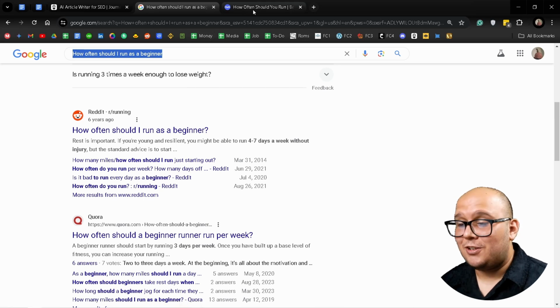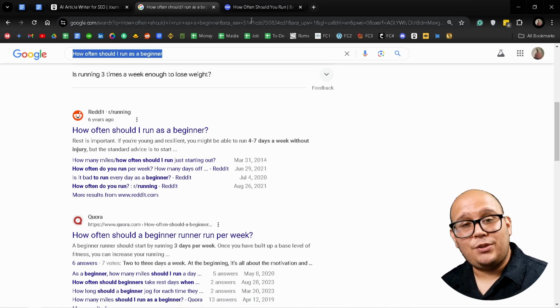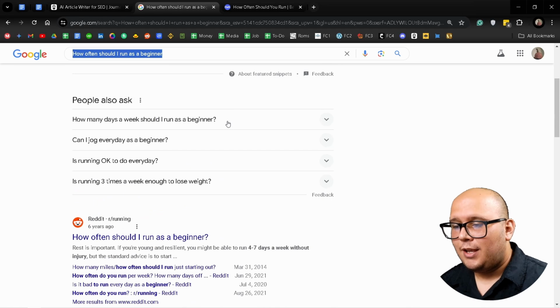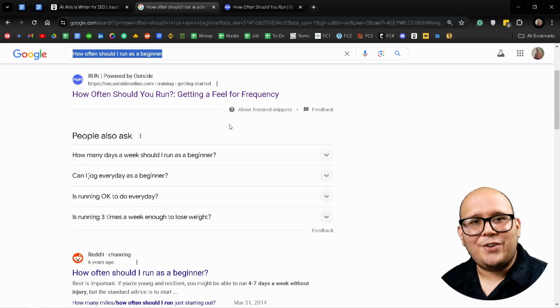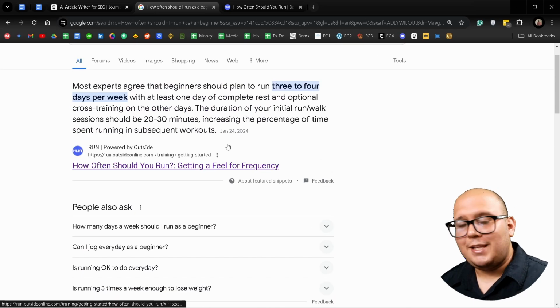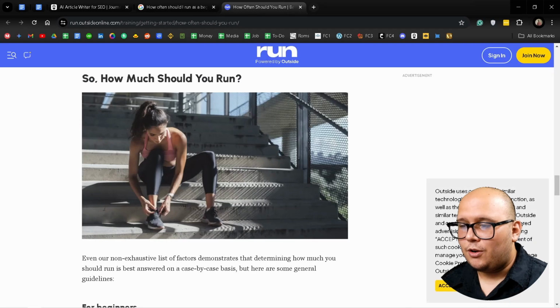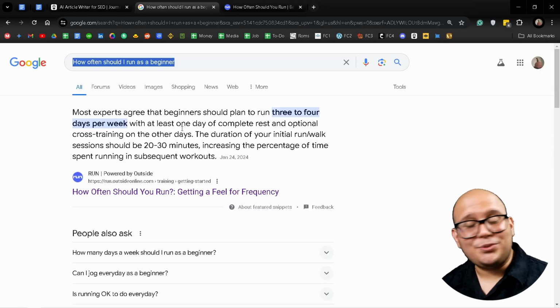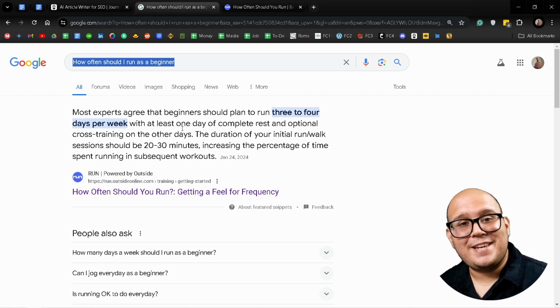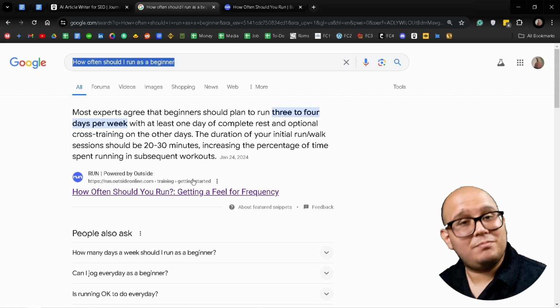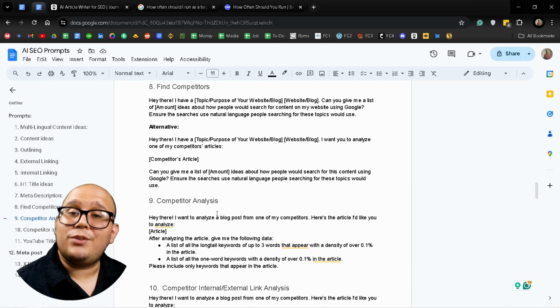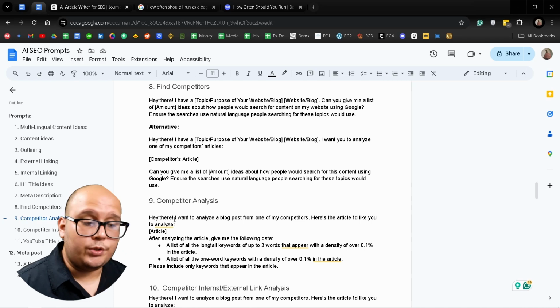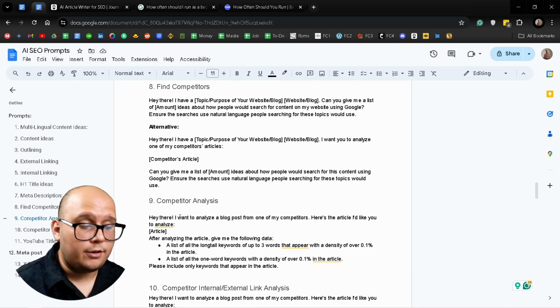So this method is going to be very useful for when you want to find keywords. Of course, we're just using it to find our competitors, but then again, as I said, you're going to find very useful keywords. So yeah, make sure to take this and write them down because they are, as you can see, very useful. Okay, so let's check out the next prompt we're going to use to analyze our competitors'